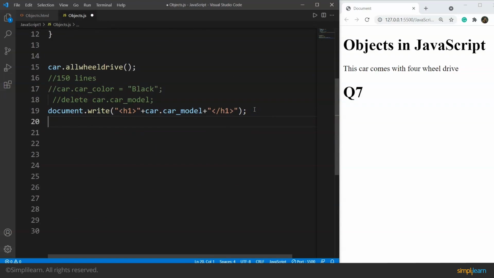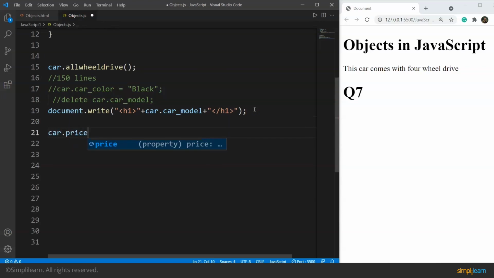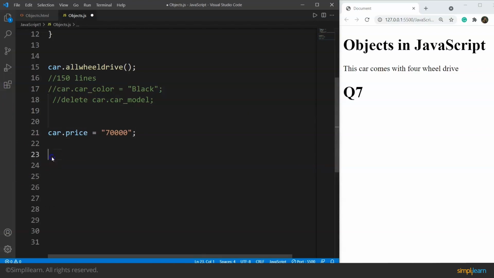What we have to do is we have to write here car dot price and update the value here. Let's say we are using 70,000 and we have to put here semicolon. It's the same thing we do to update the value of a particular variable, right? So if we try to print the value of price now, we'll get the output as 70,000. Let's try to print it on the browser. So we'll cut it from here, we'll paste it here and we will print car price. Save it now. See, here you can see it says 70,000.